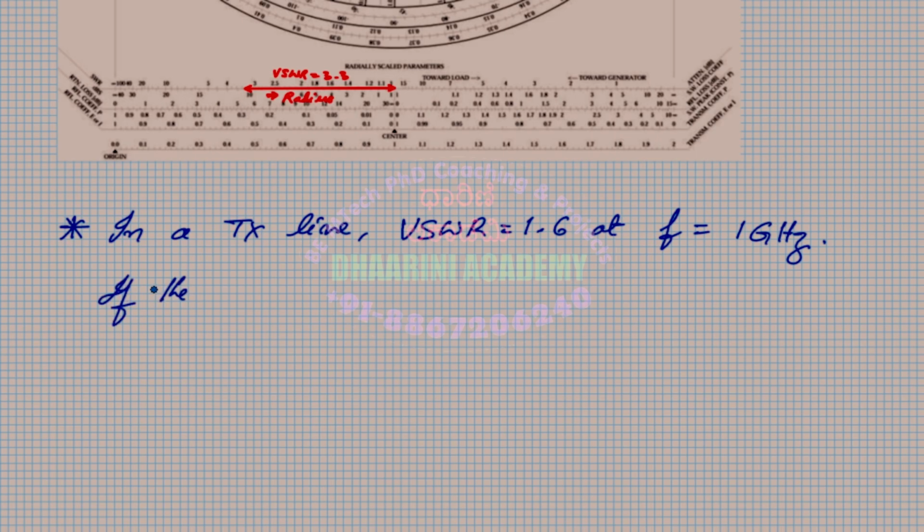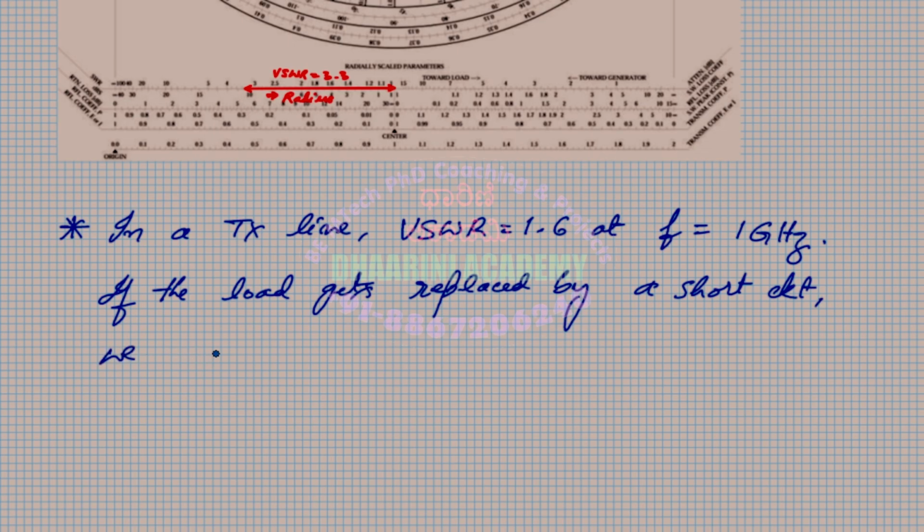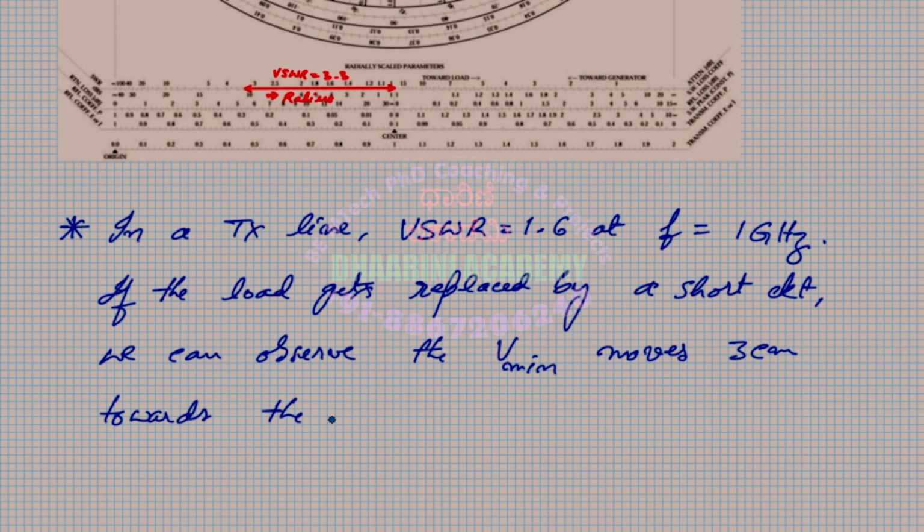If the load gets replaced by a short circuit, if the load is replaced by a short circuit, we can observe the V min moves 3 centimeters towards the load. Find